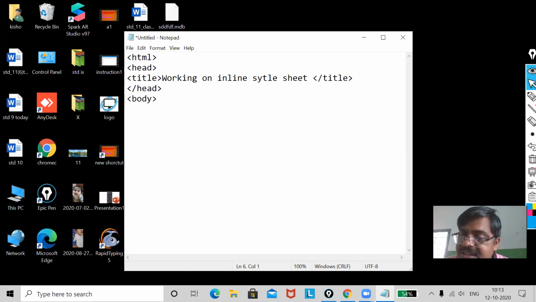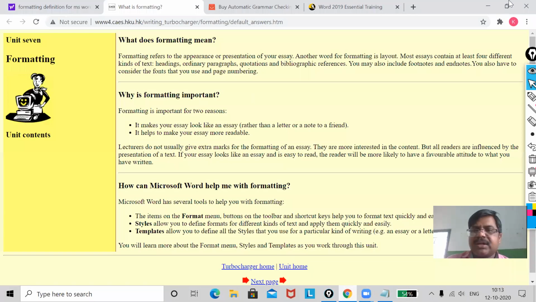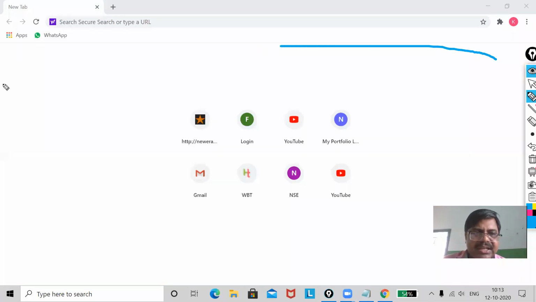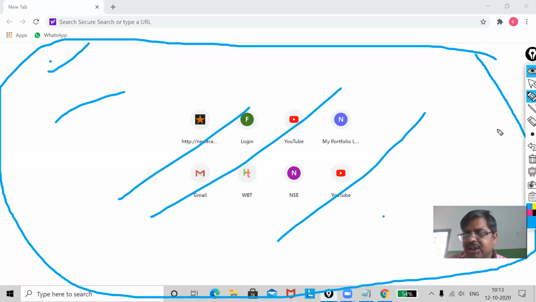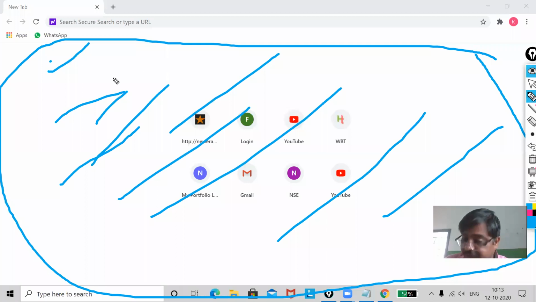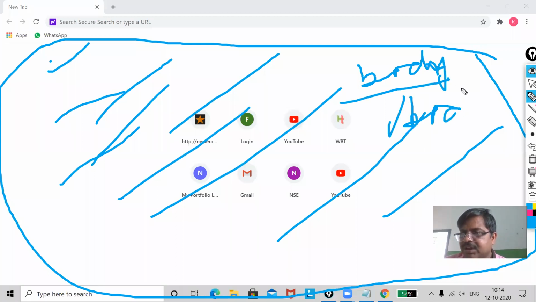Now what we write inside, when you are opening your Google Chrome, whatever. See, this area is what? Your working area. So whatever contents you write inside, my dear, these all contents are filled with the help of body and slash body tag. Between this, you have to keep it.